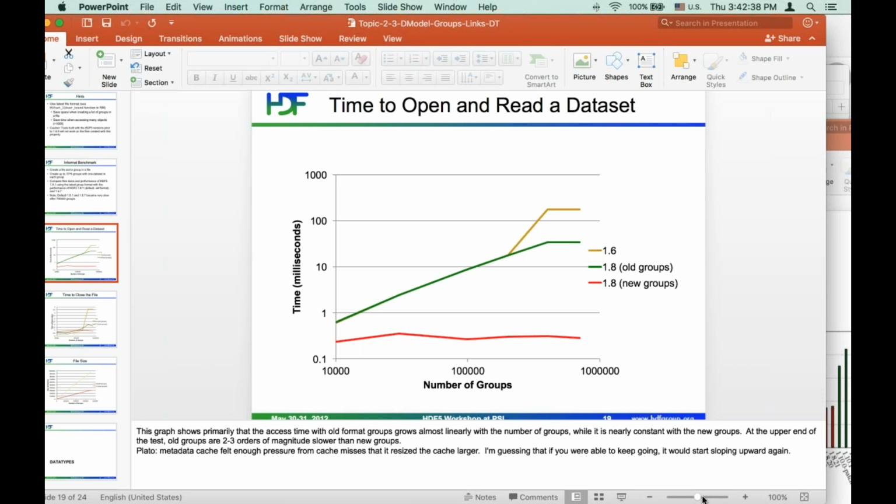Am I correct that that's the only reason not to use them? Yes. Okay. Is there an h5repack command line that can be invoked to take a file from old groups to new groups? New groups to old ones, no. Old groups to new ones, yes.